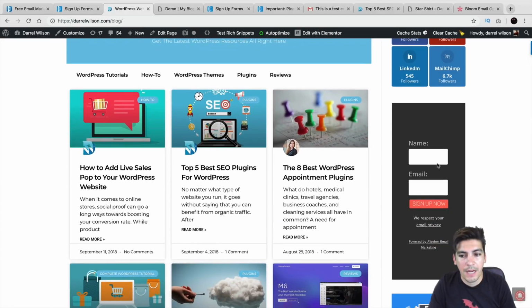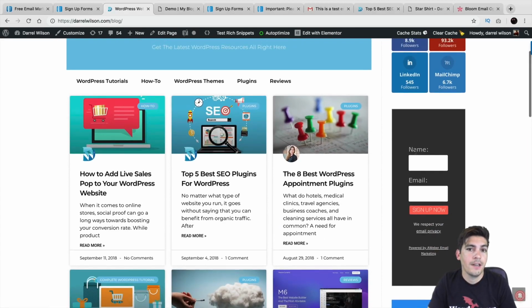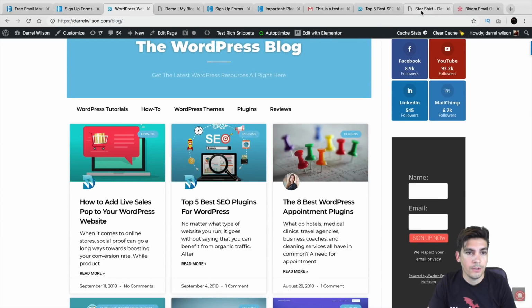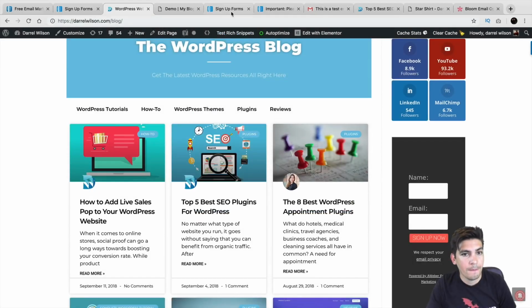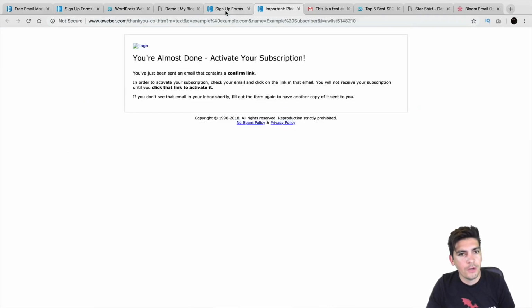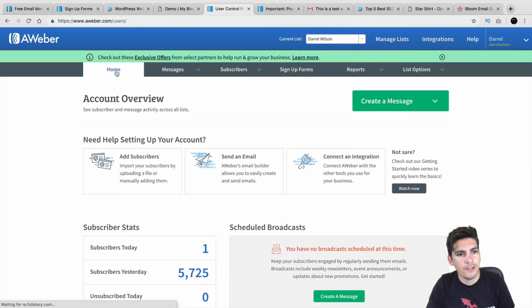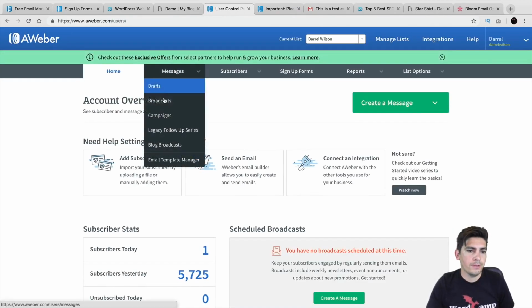So that is another way you can add forms on your websites without using the HTML code. So you can use the HTML code, you just got to make sure that you're using a template that works suitably, or you can go ahead and use the plugin as well. So I've basically shown you all how you can, let's see what we got going on here. So I've shown you how you can send messages,